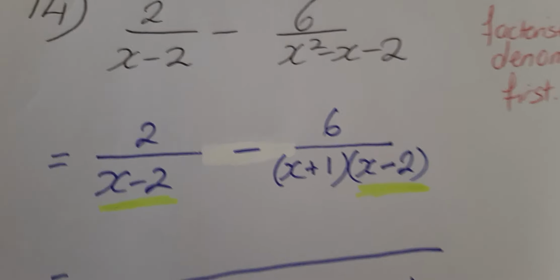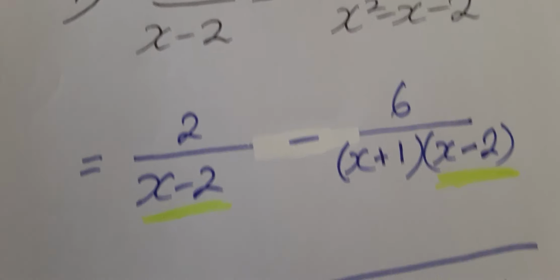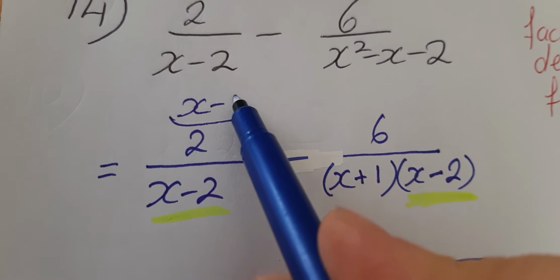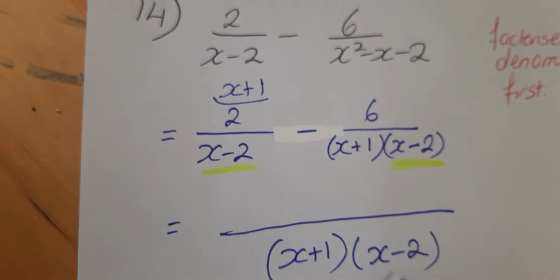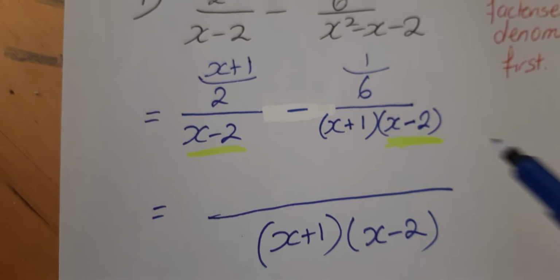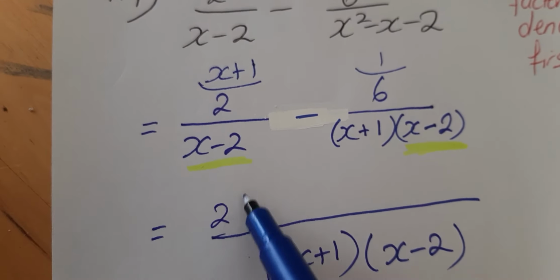Right, so x minus 2 times what will give me this denominator here? X minus 2 times x plus 1. And this is already exactly the same, so just put a 1 here. Because that times by 1 will come to this. So we have 2x